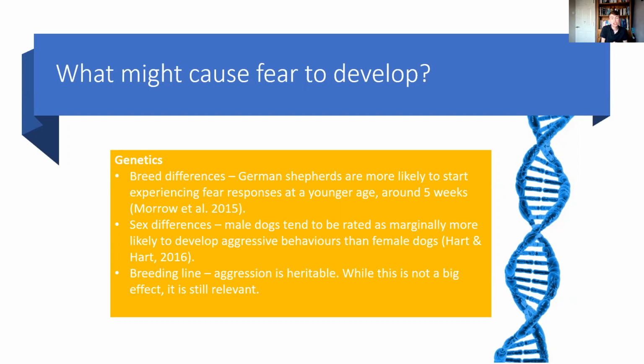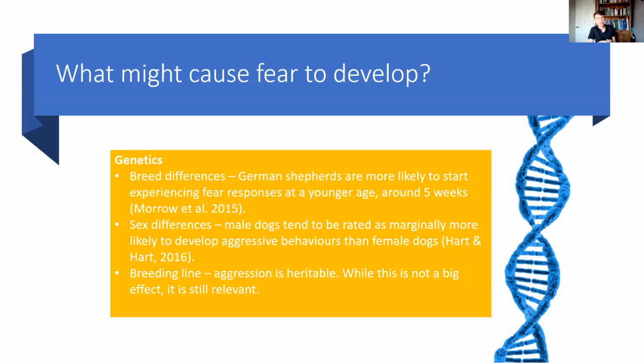And German Shepherds actually start being able to experience fear at a slightly younger age than other dogs, at about 5 weeks. Other dogs generally start experiencing it at about 7, 8 weeks, some are around 6 weeks, but German Shepherds are about one of the earliest dogs to start experiencing fear. And that means that they have less time to be introduced to a lot of the things in the world in that fear-free environment, because that fear-free environment is a really, really good way to show puppies that humans are okay, handling is okay, all sorts of things that you're going to meet in the world are okay. And you've got 1 week less potentially, or a few weeks less potentially, to do that with a German Shepherd, which does make life more difficult for them.